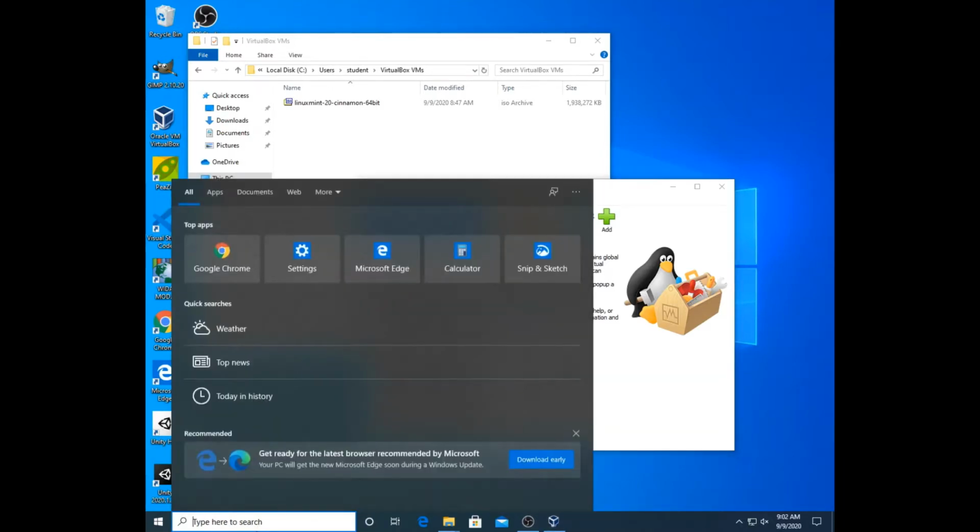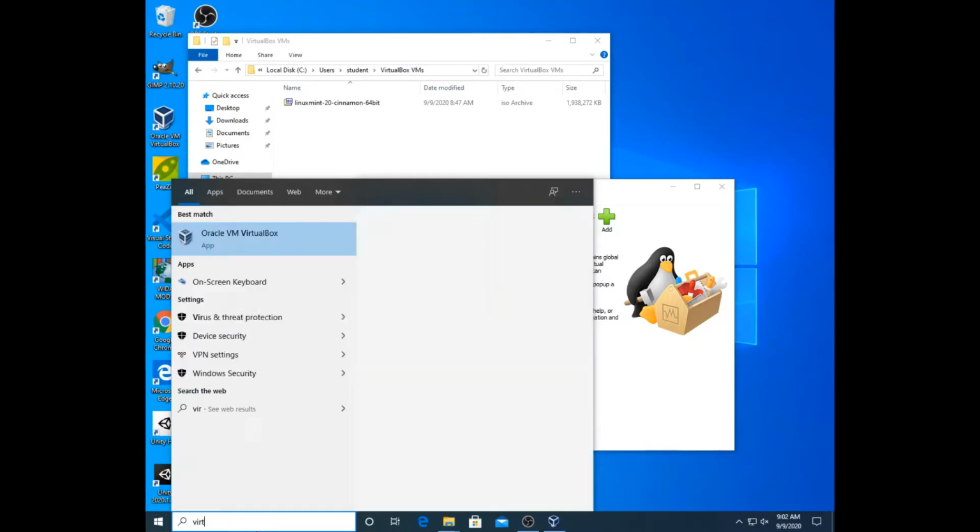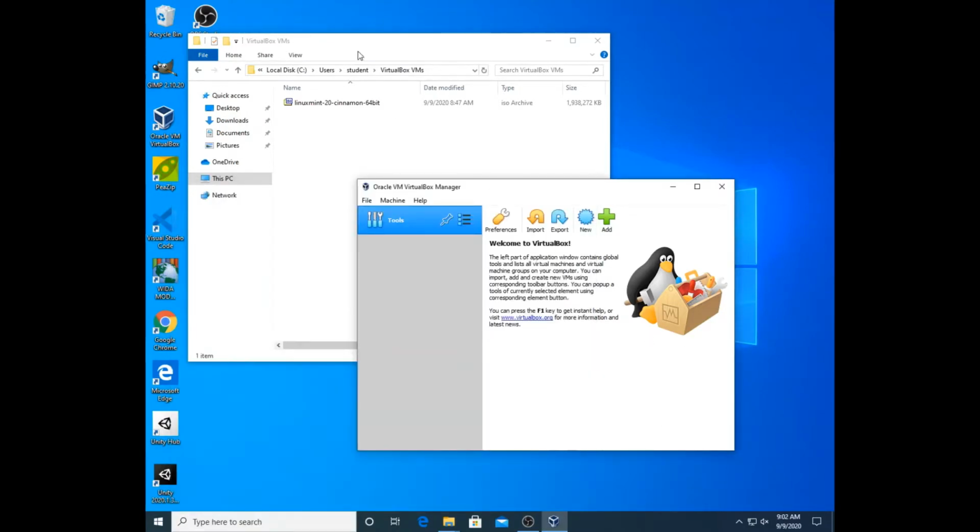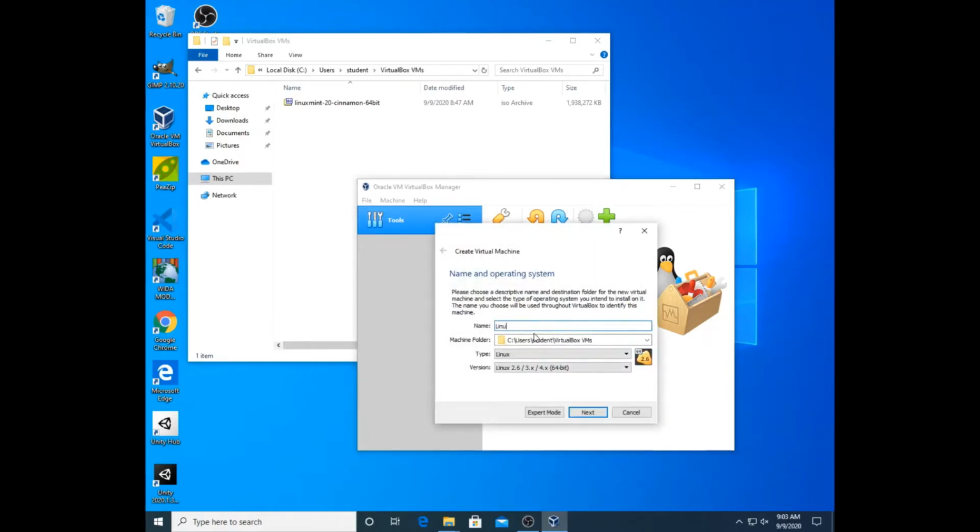You'll need VirtualBox open, so click on the Windows search bar, type in VirtualBox, and open it up. You'll also need the ISO, which is a boot disk, to install Linux Mint. I've put these in a folder called VirtualBox VMs on the student drive. So let's go ahead and go to VirtualBox and hit New, and then we'll just call it Linux Mint, and hit